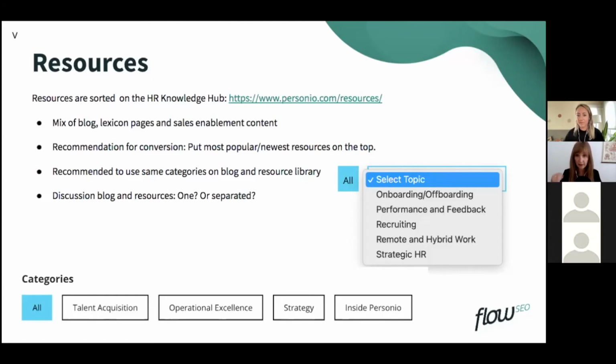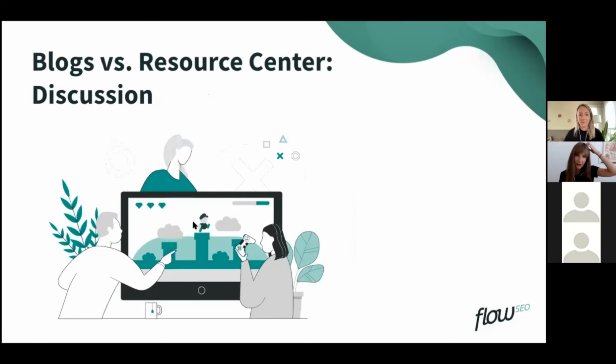And then match that on the resource library and on the blog. So people see the same language, they see the same filtering options, and they know what they're looking for. And so that's something that I would love to discuss with them and dive into their thinking behind that. And so the other question I wrote here, where I'm very curious about your opinion, Rebecca, is